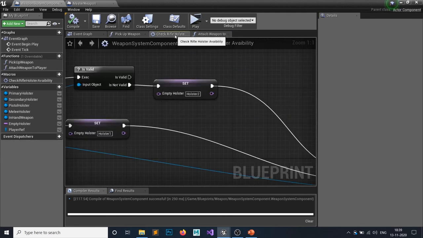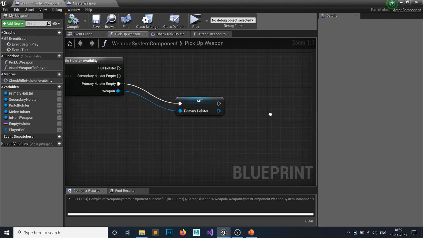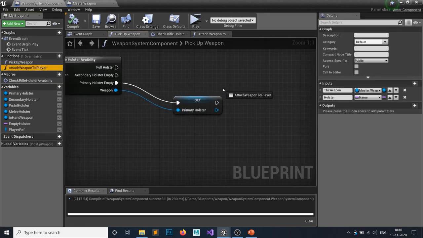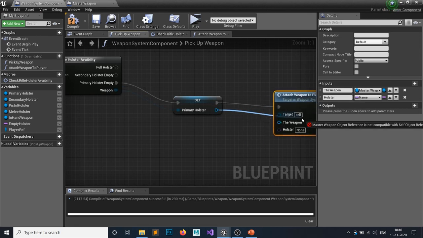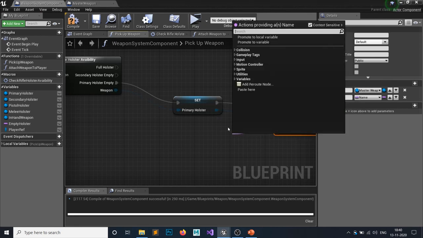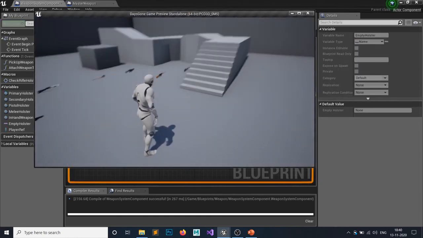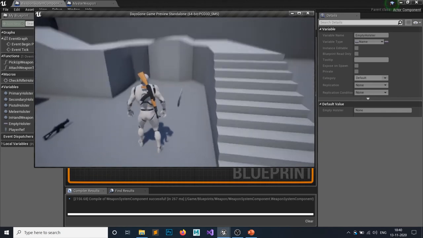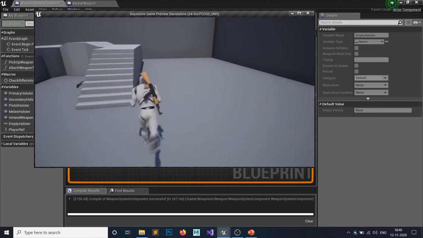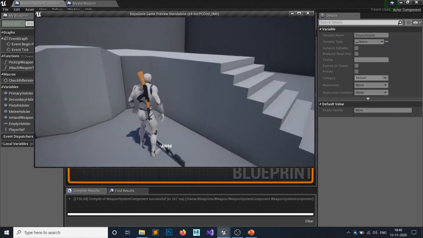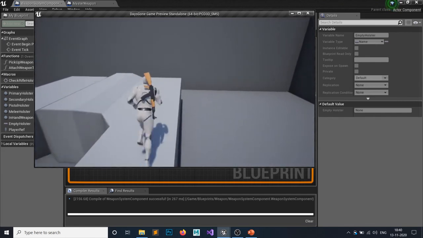Okay, yep, we have to provide the socket. In the pickup function we first have to call this attach weapon, because otherwise we won't do anything. So this would go in a weapon, and this is an empty holster. Let's check it out. Yes, it is attaching, as you can see. And if I move around and hit E again, nothing would happen because we haven't coded for that. But it is attaching for the first gun.